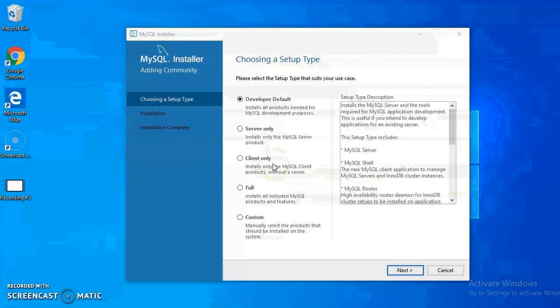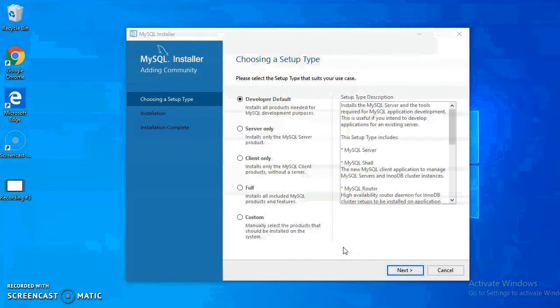Third option is client, which installs MySQL client products only, not server. Fourth option is full, which installs all MySQL products and features. And the last one is custom, where you can select whatever products you want to install on your system.